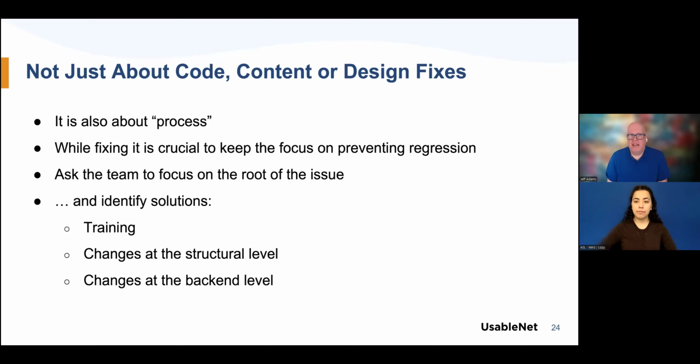Because at the end of the day, all of this just isn't about code or content or design fixes. It really is about the process. You've got to get everybody moving in lockstep. And again, this is where the project manager who pulls all these elements together could really be helpful, because you also want to make sure you're keeping an eye on not having any regression that's happening. Michele mentioned in some of his material a moment ago that if things start to go wrong, then it's easy to deprioritize it. And that's why it's important to keep track of how things move forward and if anything's regressing, because at that point you really need to understand why a mistake is being reintroduced somewhere along the way.